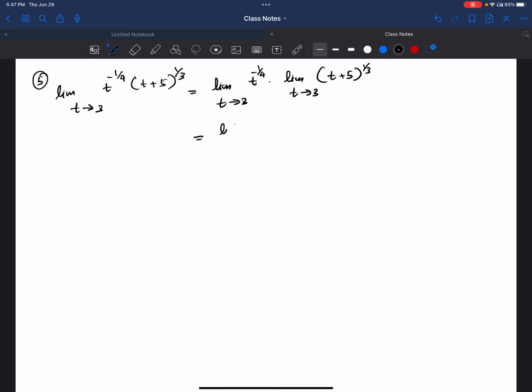So we have limit 1 over fourth root of t to 3, and we have limit like that,